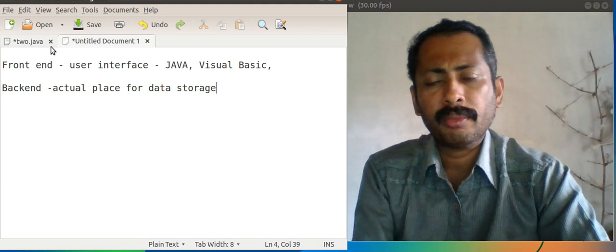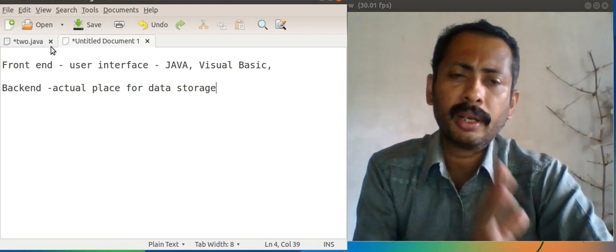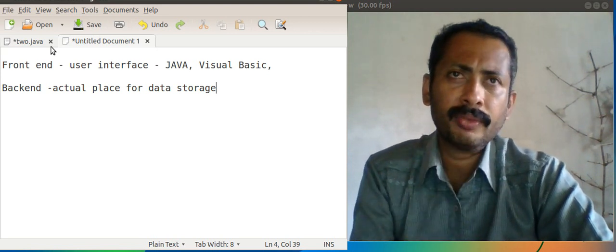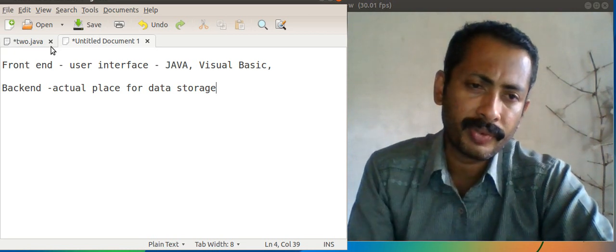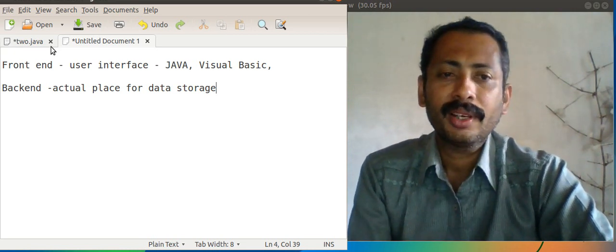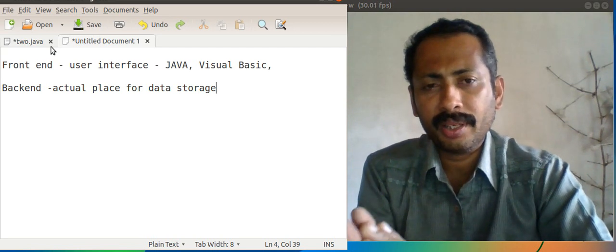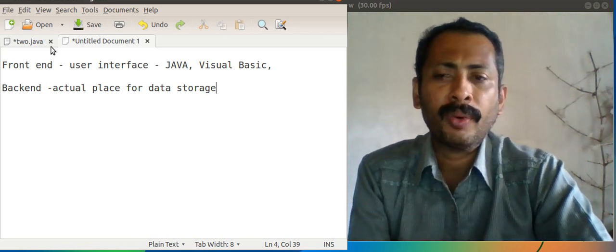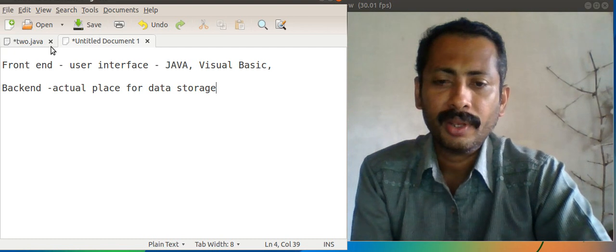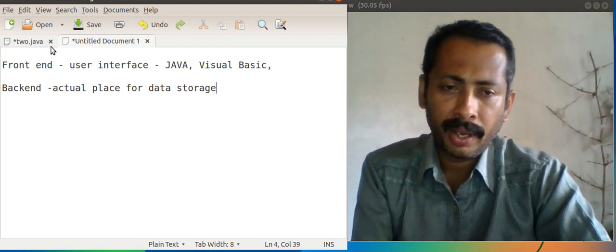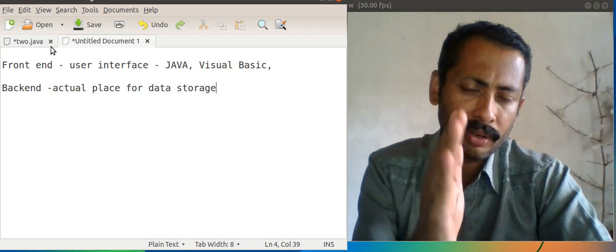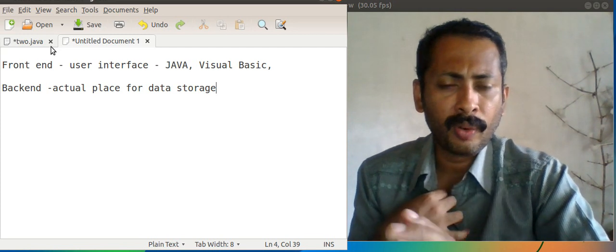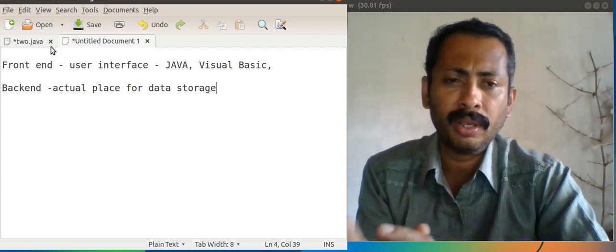So while developing a system, a lot of things have to be taken care of. And the first phase of software development is the most important phase, called the study phase. So the study of the required system has to be done perfectly for creation of a good software. For that, we have to formalize, we have to find out the correct aim, correct scope, and all the functionalities of the proposed system.